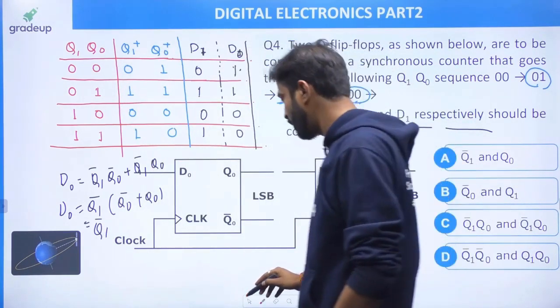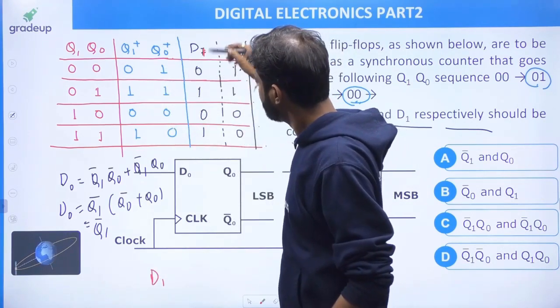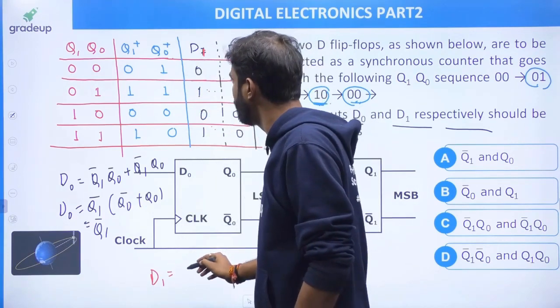Now I am writing for the D1. D1 for this, right? It is a D1, this one and this one. Write the expression. So D1 is nothing, it is just a Q1 bar